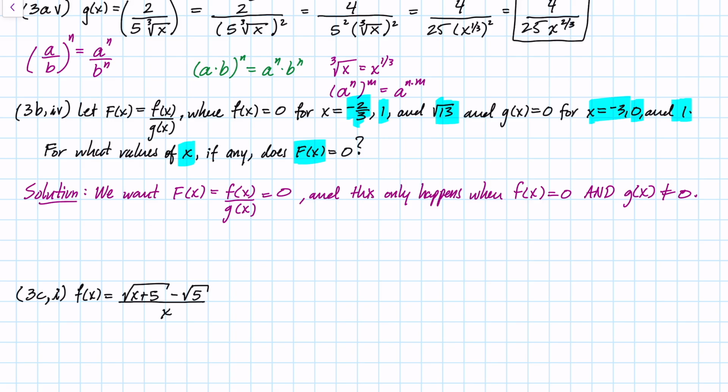Because remember, if the denominator is 0, then we will have a 0 in the denominator, and that is undefined. So we cannot divide by 0. So we have to find all the values of x that will make f of x equal to 0 and g of x not equal to 0 at the same time. And those values, let me write it in purple, these values